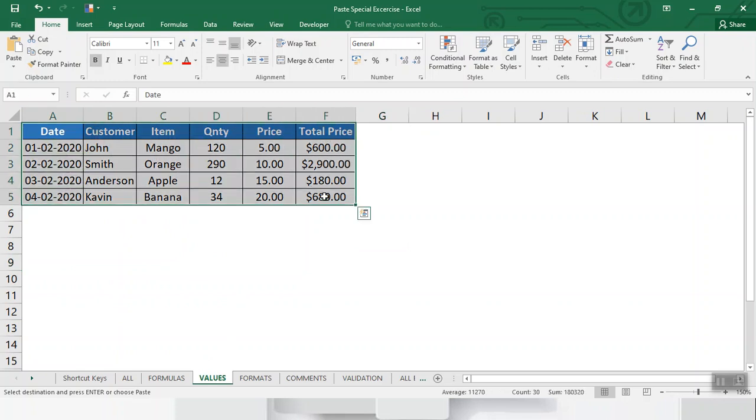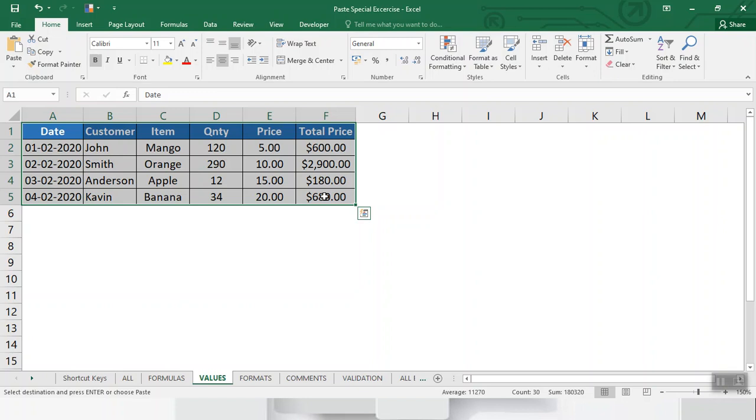Value pastes only the value of the copied data. Suppose that we have created a summary report from a number of sources, and now we need to send it to our client or supervisor. The report contains a bunch of formulas that pull information from other sheets and even more formulas that calculate the source data. The question is how we send the report with final numbers without cluttering it with tons of initial data. So we can simply apply paste special value only.